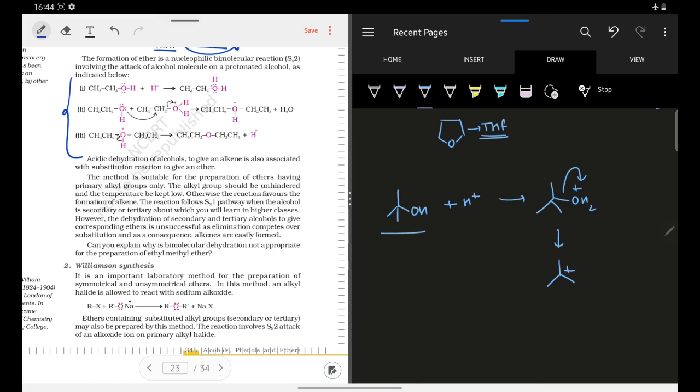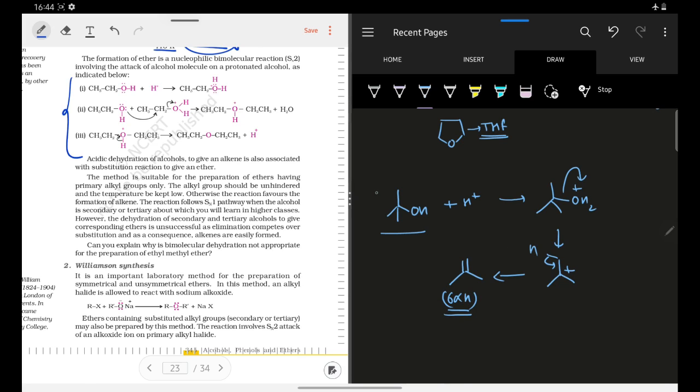Okay. Now I know that this 3 degree carbocation can easily undergo elimination. Why will it undergo elimination? Because once elimination has occurred, the product formed will be an alkene, and this alkene will be a stable alkene. Why? Because it has more substituents, or I can say that it has 6 alpha hydrogens. Due to the presence of these 6 alpha hydrogens, this alkene is very stable.